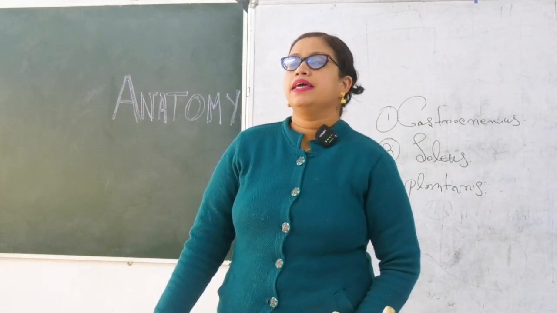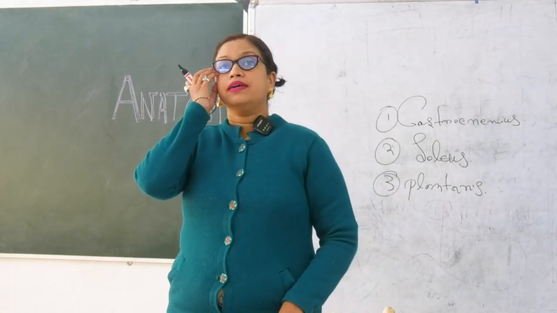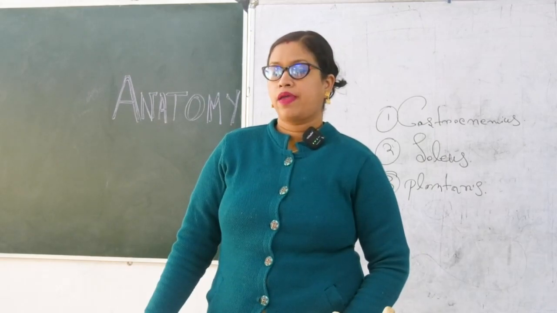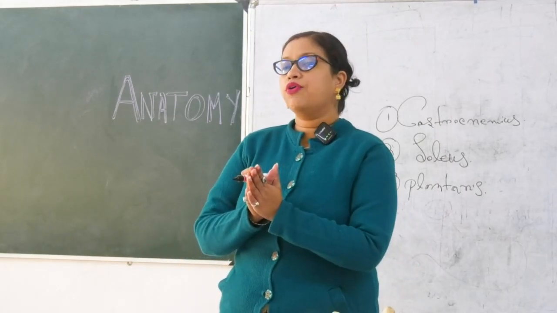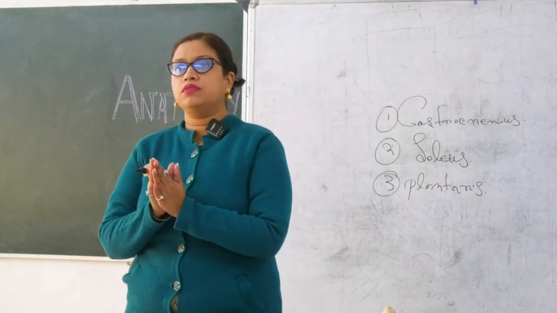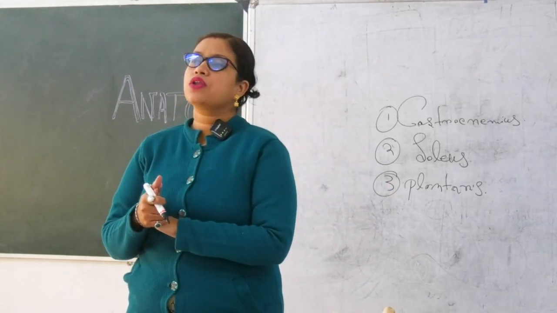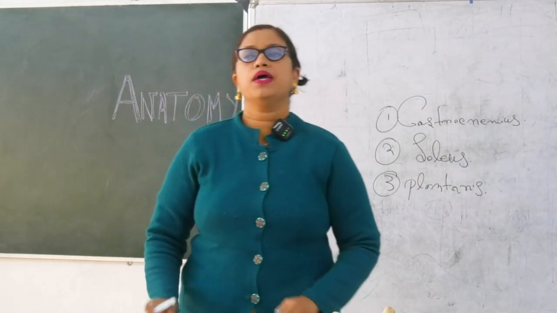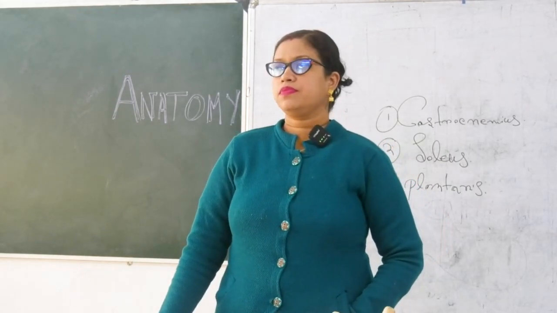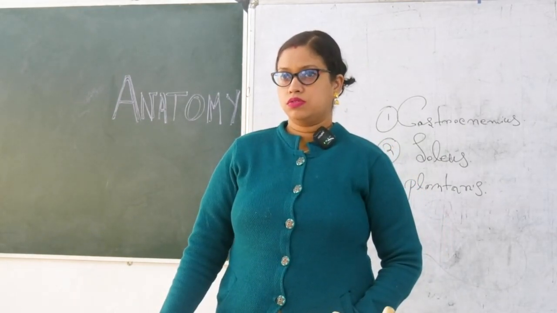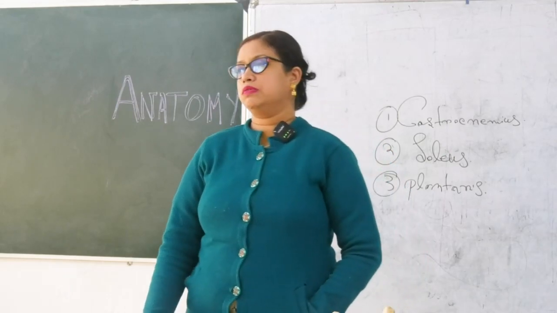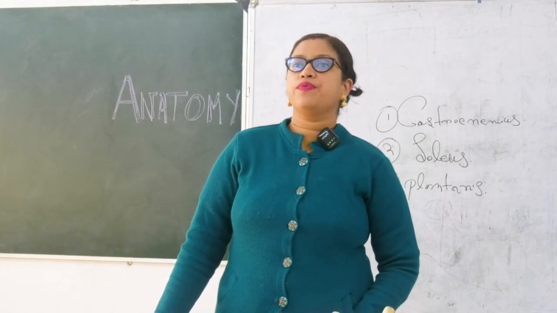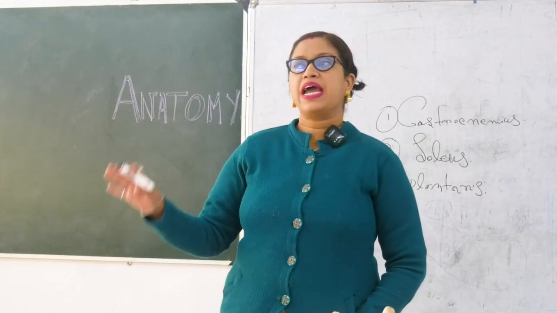Then the second muscle we are having, which one will we discuss first? There are 3 muscles. Now you have to tell me the bony attachment. Flexor hallucis longus is attached to which bone? Tibia and fibula are already over. Is it attached to the tibia or the fibula? It is attached to the fibula. Write it down. Just the attachment I am telling.